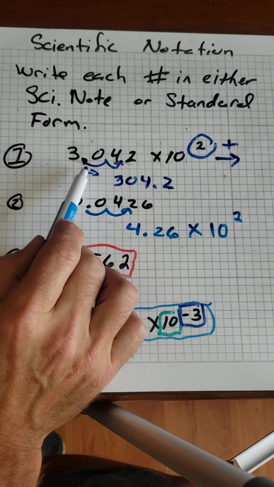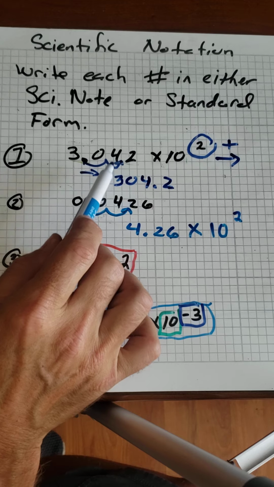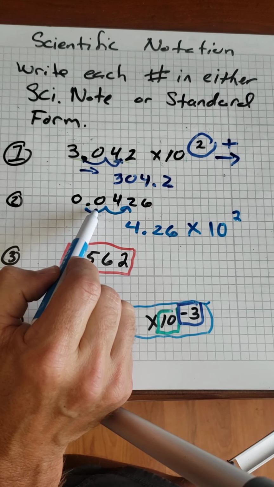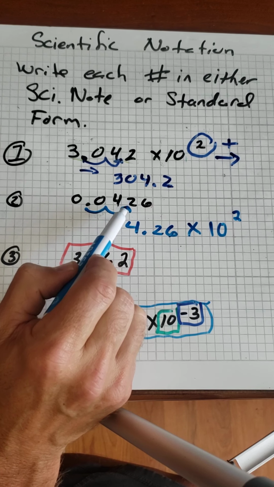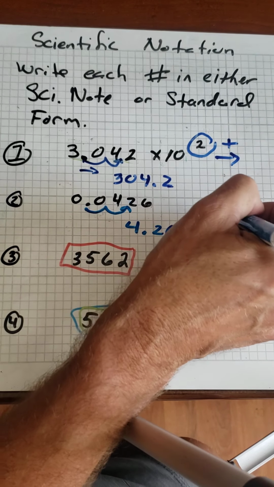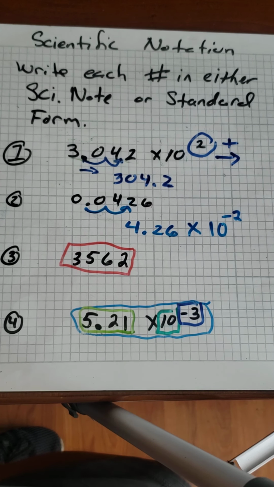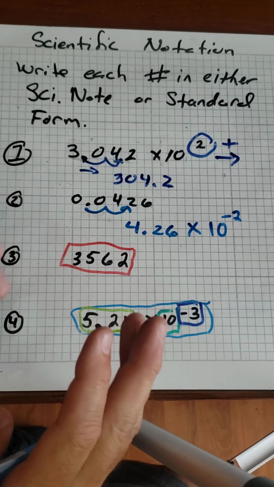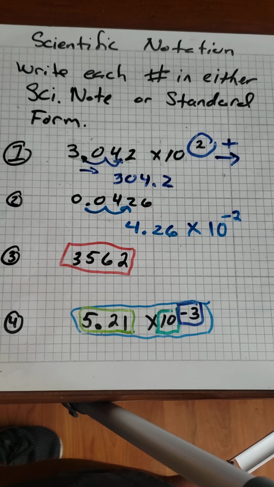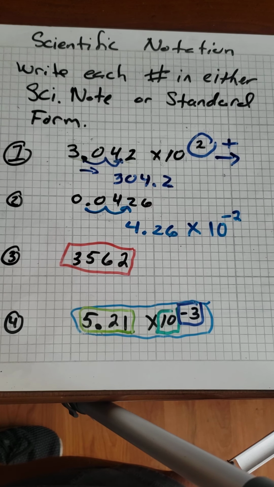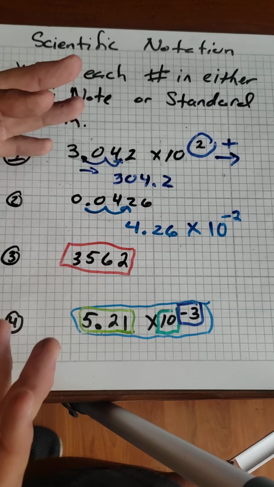If we look at this, I moved my decimal point to the right, and it was positive. Here, I'm moving my decimal point to the right, yet this one should be negative. And that was my struggle. I could never remember why this one was positive and this one negative with just trying to memorize moving left and moving right. So about 15 or 18 years ago, after frustrating myself trying to explain this and having kids